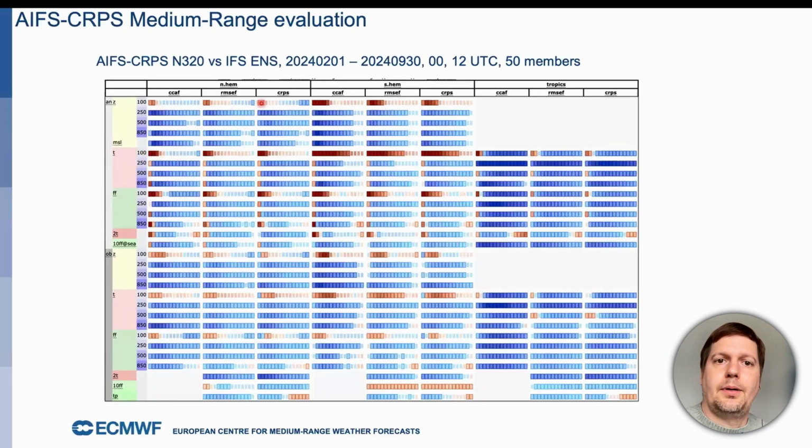We see some red at upper levels, which is associated with how we design our loss function, which is really focused on lower levels in the atmosphere. But overall, you can produce very performant forecasting systems like this. The caveat is that this on top is mostly focused on the larger scales. The AIFS ensemble is not run at the same resolution as the IFS ensemble, which has 9 km resolution, and the IFS CRPS ensemble here has more like 30 km resolution.